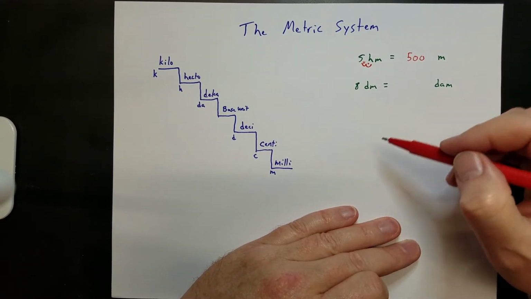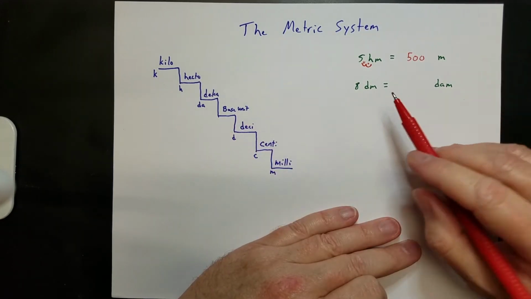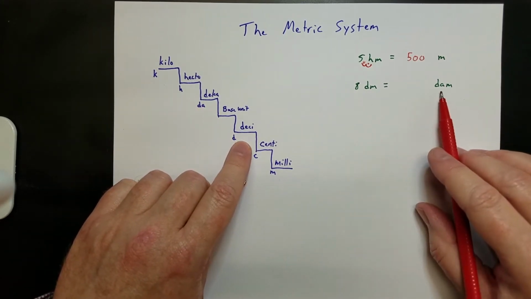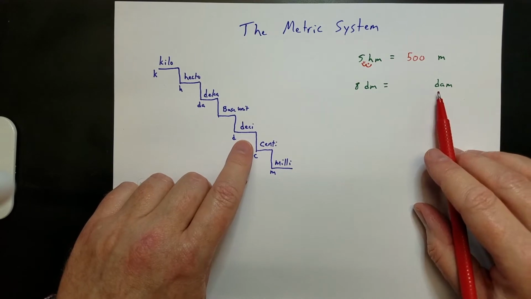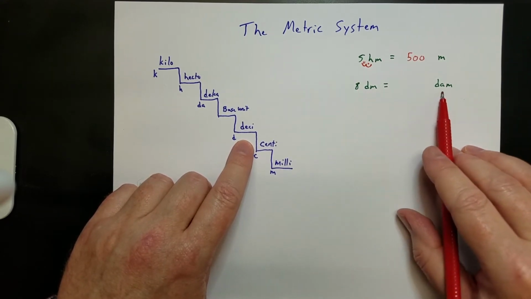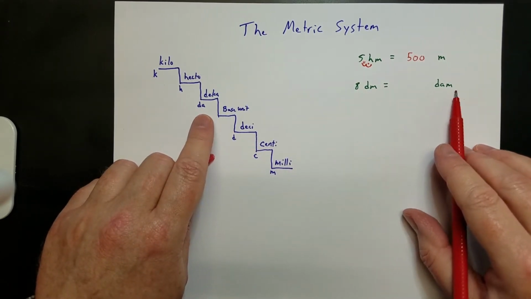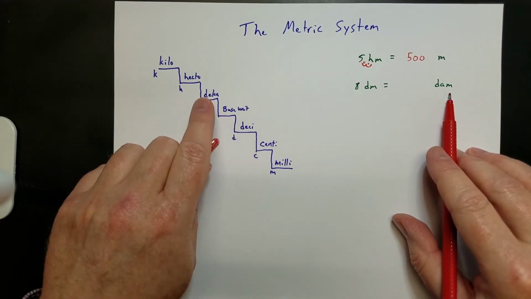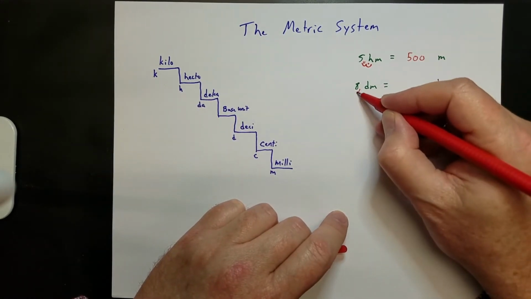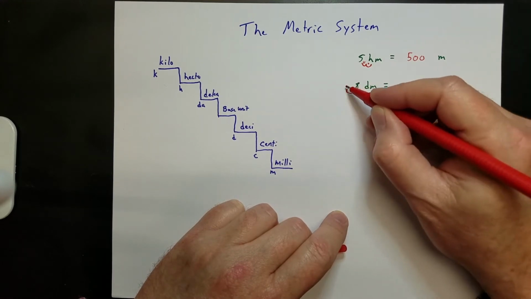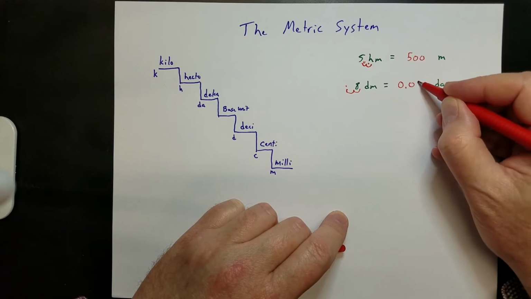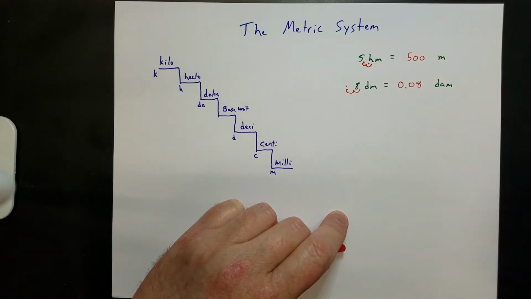Now, this also helps you if you're not just going back to the base unit. So let's say I've got 8 decimeters going up to a decameter. Okay? So that's 2 steps up. So I'll move the decimal point 2 steps to the left. So that is 0.08